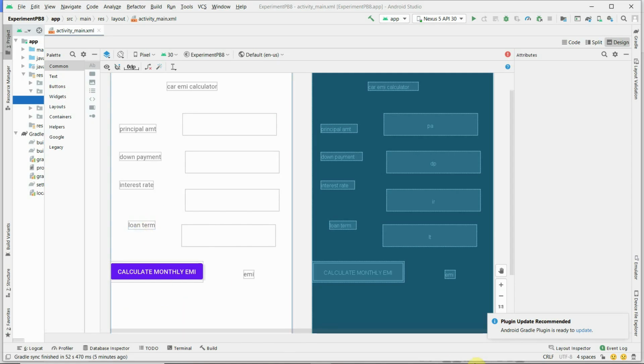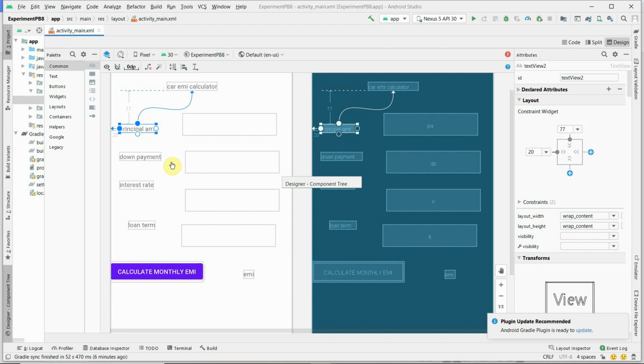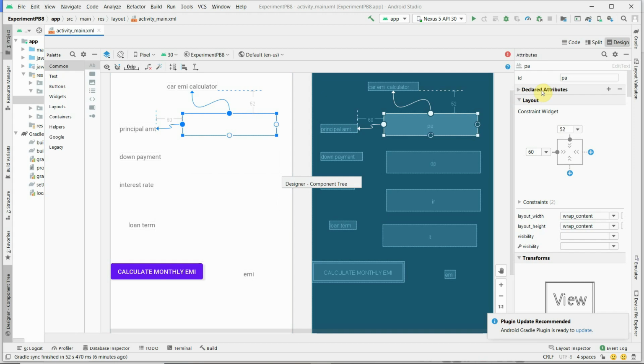We have already designed the interface of experiment 8, that is the car EMI calculator. This is a text view, just to display the label, and this is an edit text to enter the principal amount, therefore the ID we have given is PA.